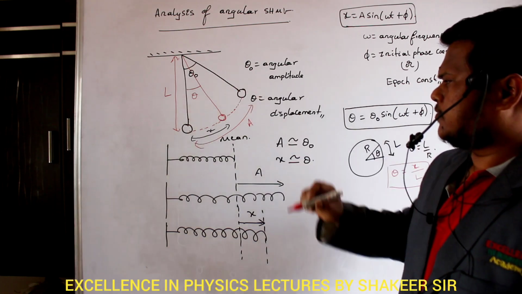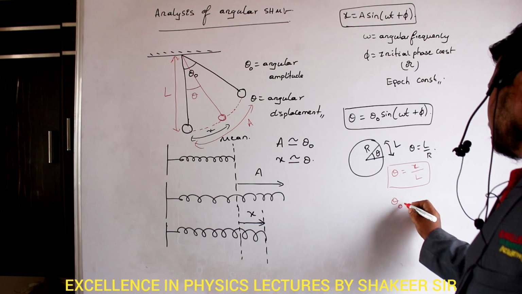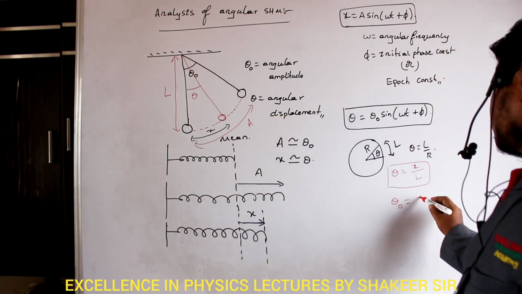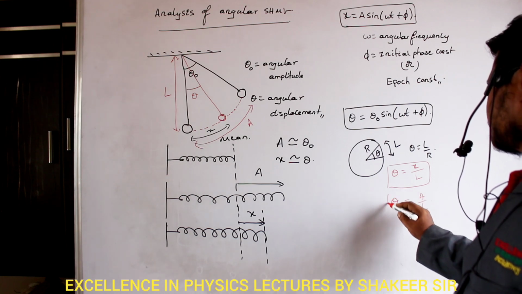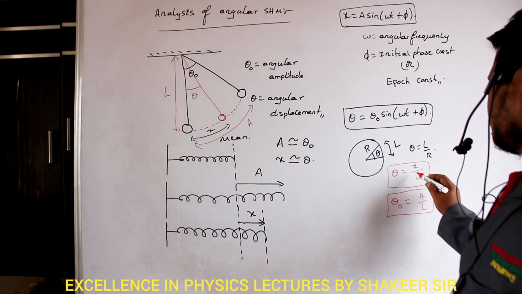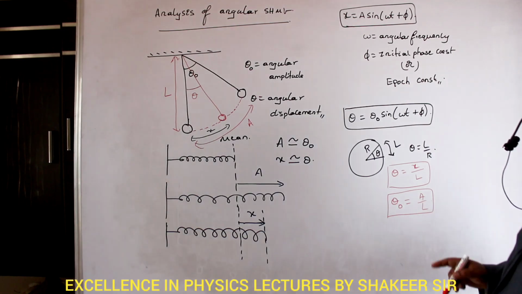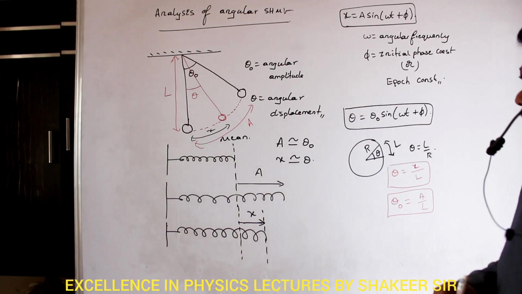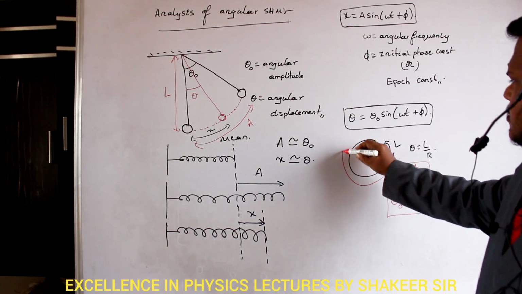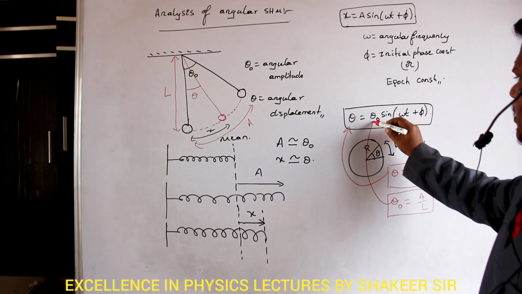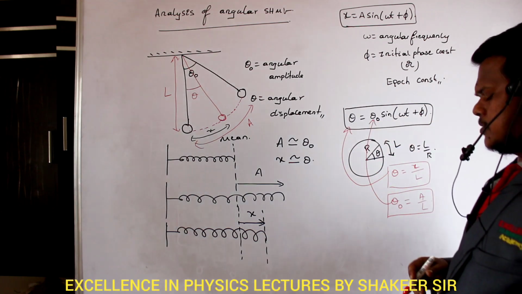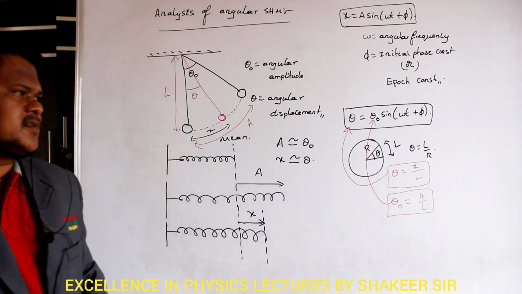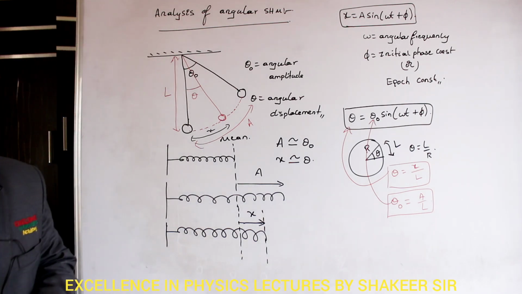Similarly, for the total angular amplitude theta naught, how can I write it? I can write theta naught is equal to, instead of x, the total length of the arc A here, so A divided by L. So I can write relations like this. Clear? So theta is equal to x by L, and theta naught is equal to A divided by L, where capital L is the total length of this simple pendulum. So this theta I can substitute here, and this theta naught I can substitute here. Then I can also get one more equation for the position of the body at a particular time t. Are you able to understand?